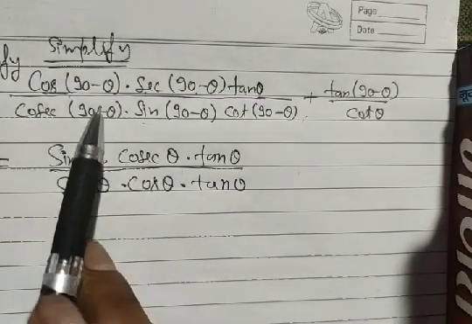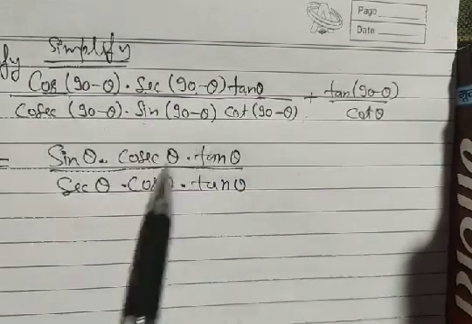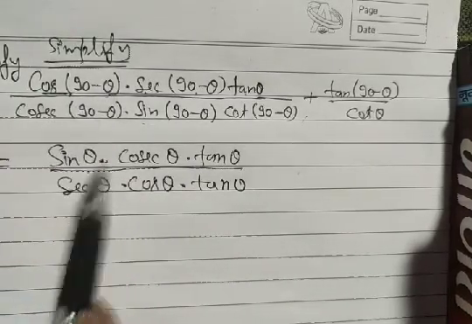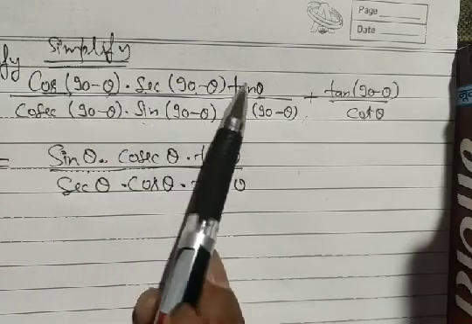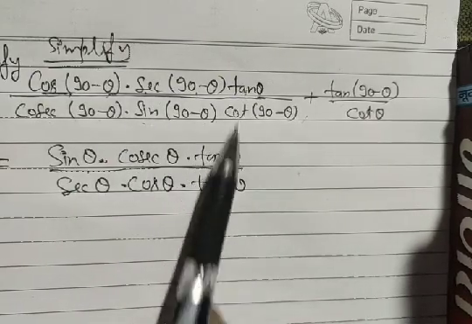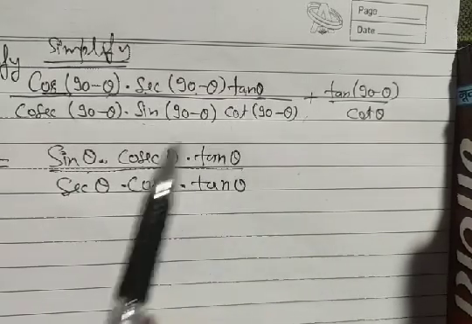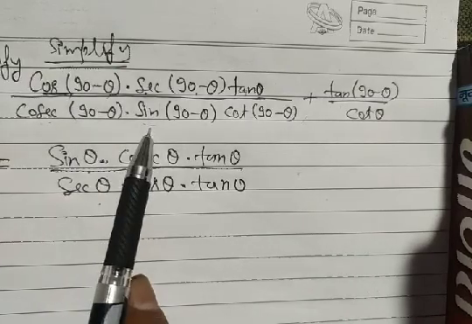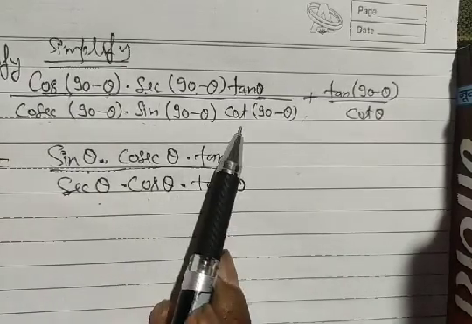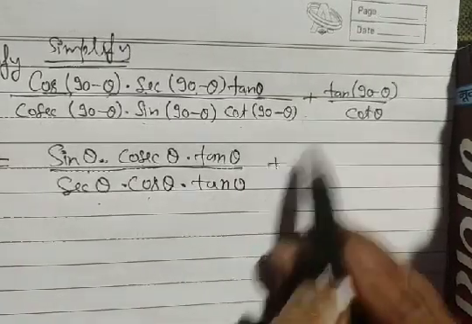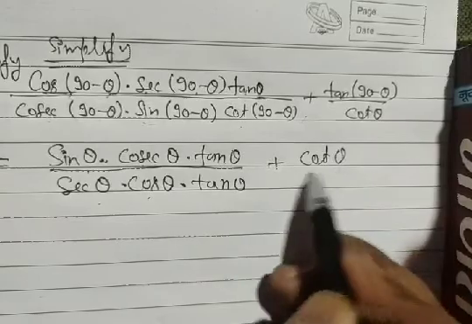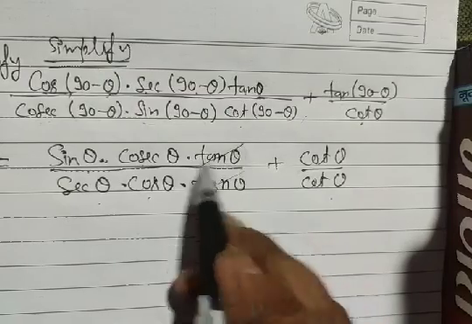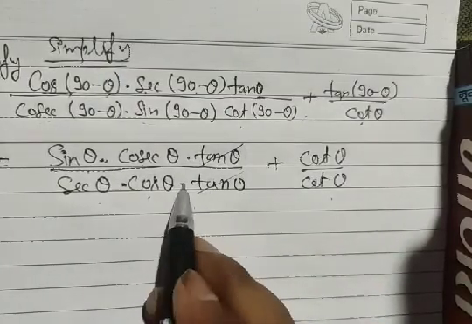But what we do here, from the question, we are just using complementary angles. Cos 90 minus theta is sin theta, sec 90 minus theta is cosec theta, and tan theta we write as it is because no complementary angle is used. Now cosec 90 minus theta is sec theta, sin 90 minus theta is equal to cos theta, and cot 90 minus theta is equal to tan theta. Now tan 90 minus theta is cot theta, so cot theta over cot theta. Write down cos theta as it is. Now this tan theta and tan theta cancel because everything is in a multiplied product form.